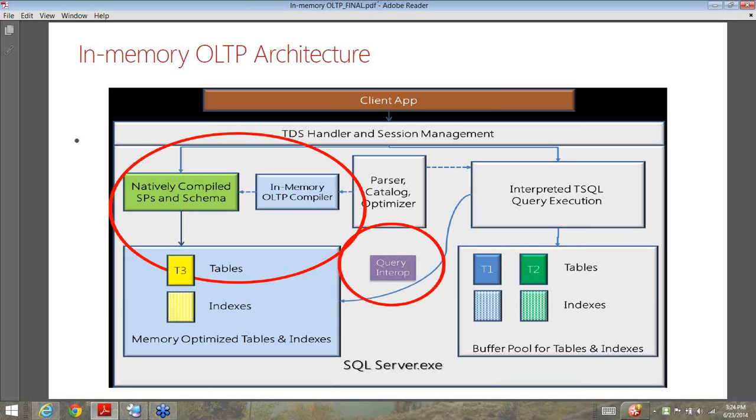So although the in-memory OLTP is integrated with the SQL Server Relational Engine and can be accessed using the same interfaces transparently, the internal behavior and the capabilities are very different, right? Now, in this particular diagram, as you can see on your screens right now, you can notice that the client applications are still connecting to the